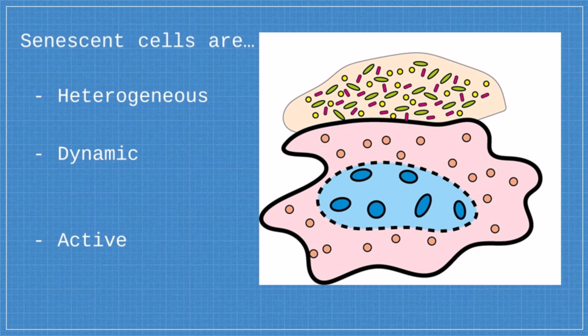They're also dynamic. Once a cell's entered senescence, it's senescent for however long it persists within the tissue, and it's not static, it's very energetic. It keeps on secreting things and communicating with the environment. And it's been shown that the secretory profile that it generates actually changes over time, and that's very much underexplored at the moment. Essentially these cells are active. They're often described in popular media as zombie cells, but I tend not to like that description, because these really are active cells that actually have some beneficial effects within certain responses, such as wound repair